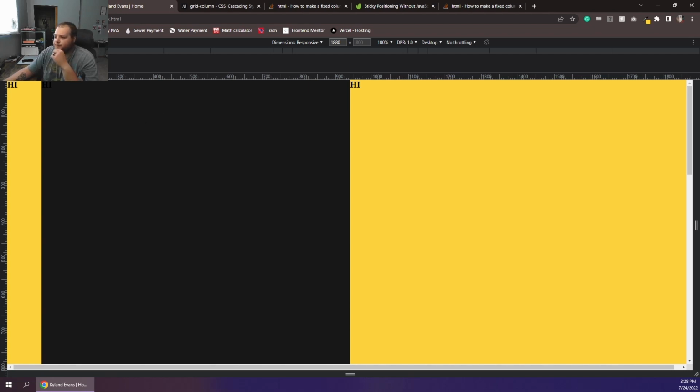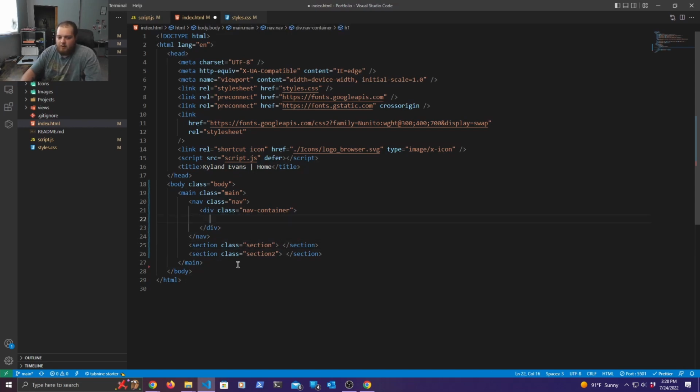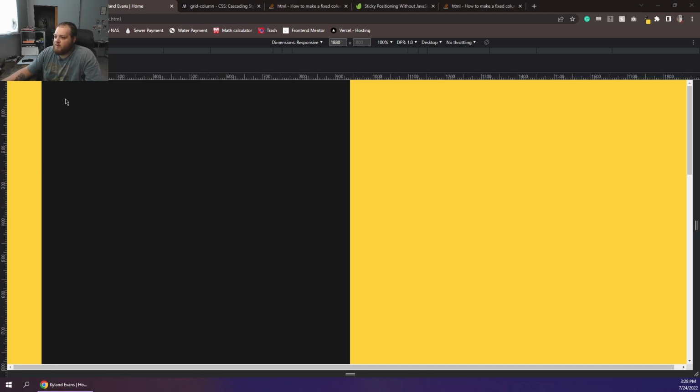So let's see. I want two separate sections. So let's go back to the code. Let's remove this placeholder stuff. Whoops, let's not do all that. These two highs here, we'll get rid of that. We'll get rid of this as well. Alright, so save that. And that should update over here, which it did. Actually, I'm just going to go ahead and remove that 300 view height off of that other section. So now that we know that that works,